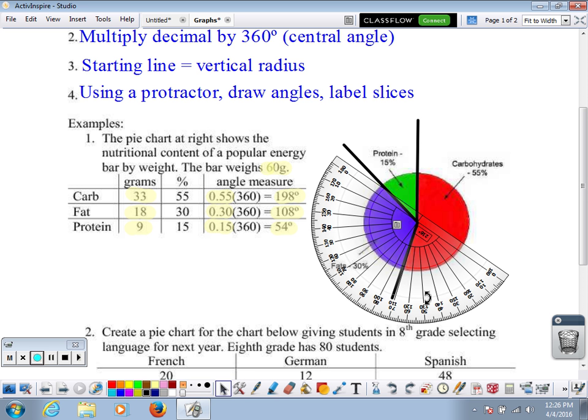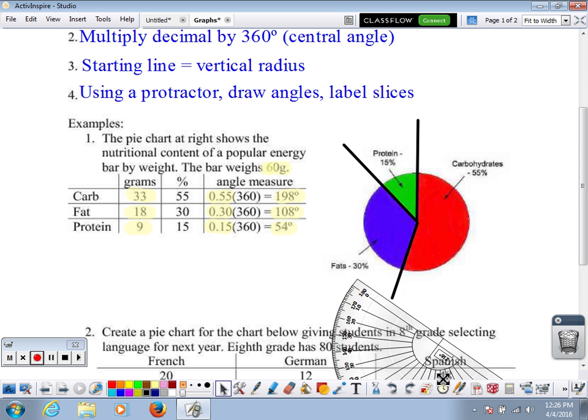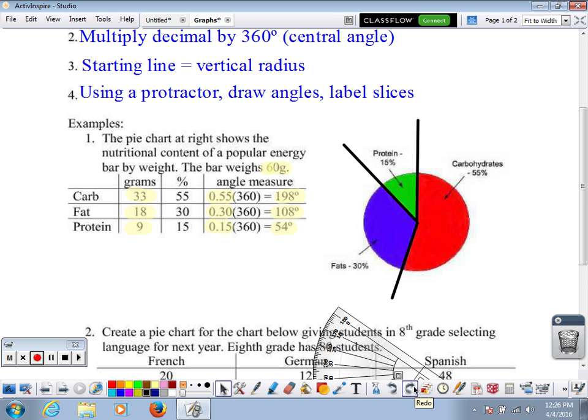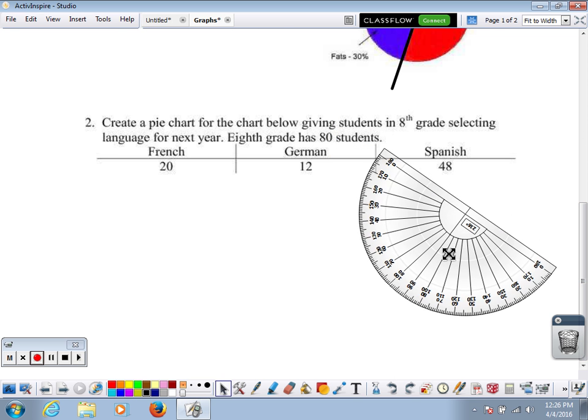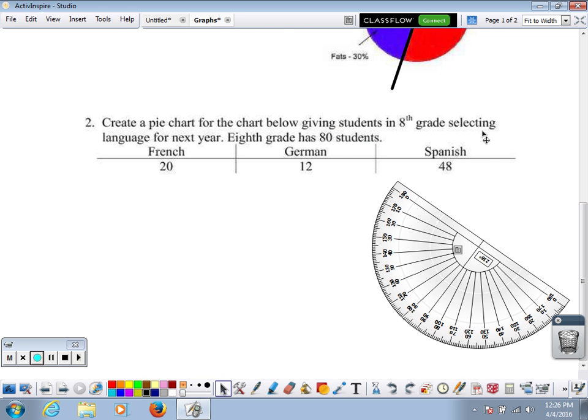Okay, now we're going to take some information and we're going to make our own graph. So scroll down a bit, if I can find the mouse. Okay, so we want to create a pie chart based on the information about students in 8th grade selecting their language for next year. And we're going to say, for our purposes, that 8th grade has 80 students. We're also going to pretend that French is still an option. So, first thing I need to do from these data,